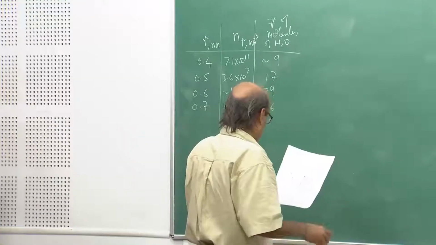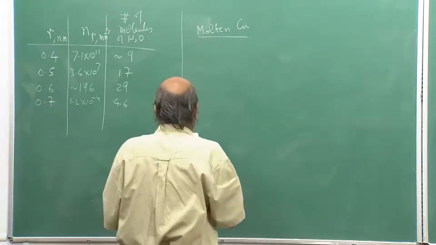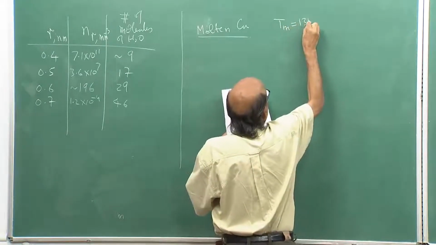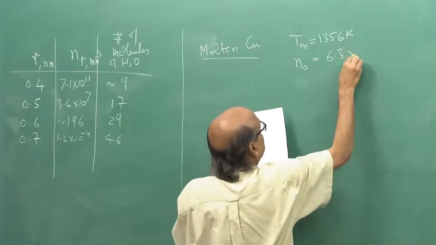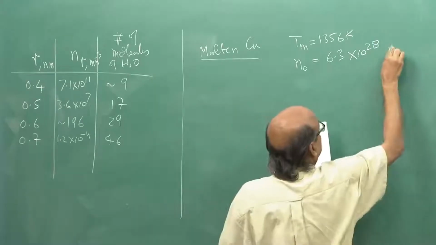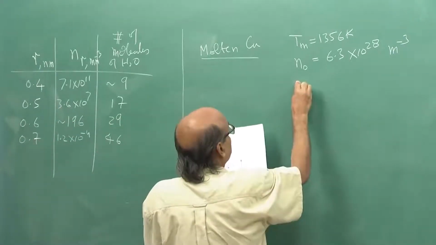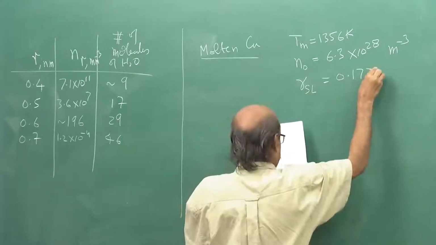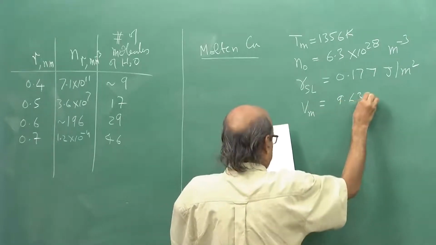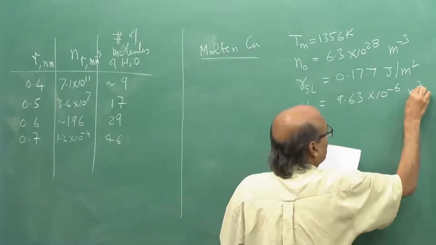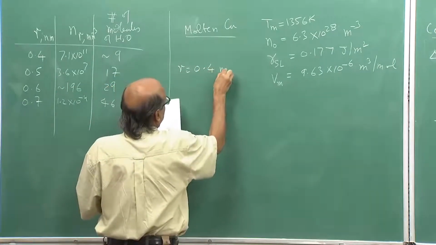Just to put a few more numbers, suppose I were to take molten copper. For molten copper, Tm is 1356 Kelvin, N0 turns out to be 6.3 into 10 to power 28 potential sites per meter cube, or so many copper atoms per meter cube. Gamma SL is 0.177 joules per meter square, and the molar volume is 9.63 into 10 to power minus 6 meter cube per mole. If I calculate, let us say, for R equal to 0.4 nanometers,